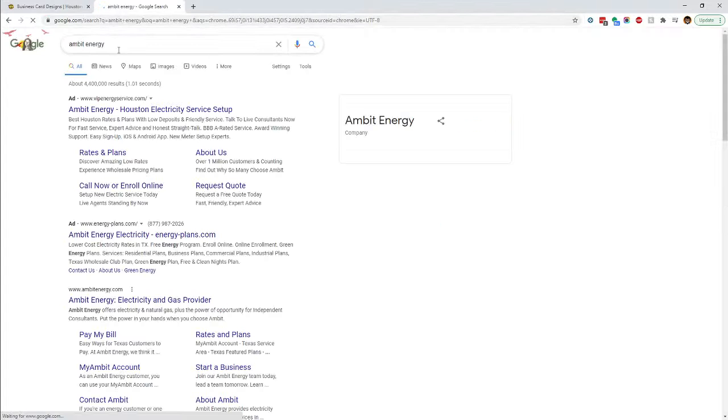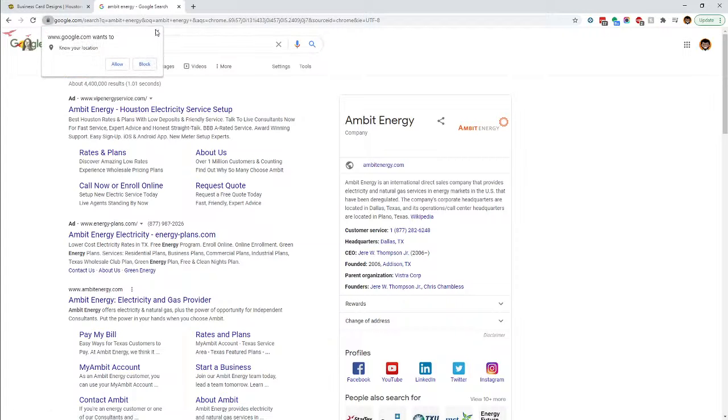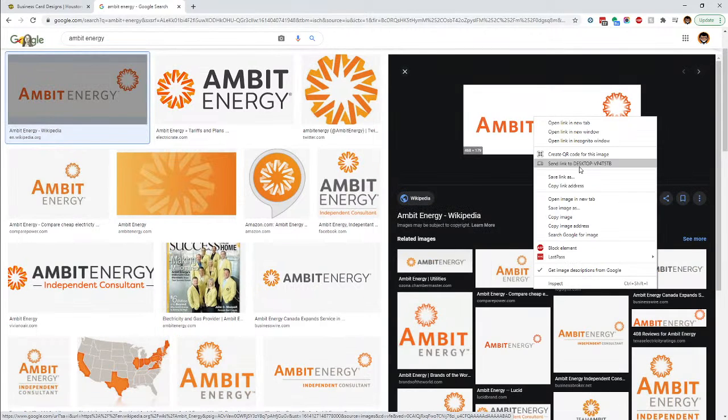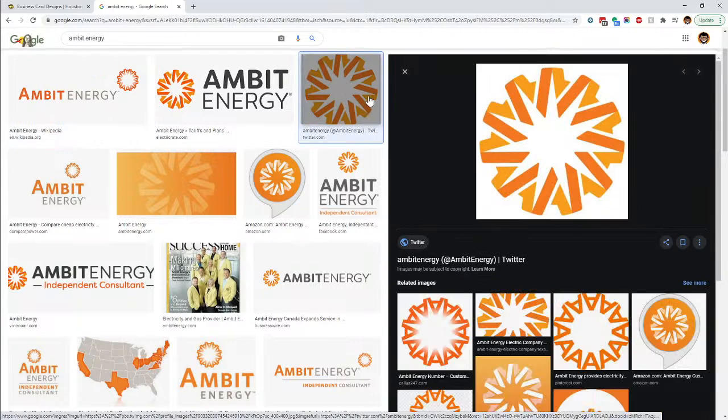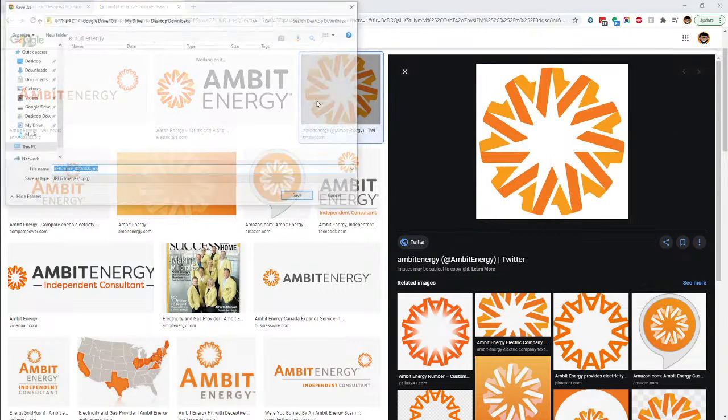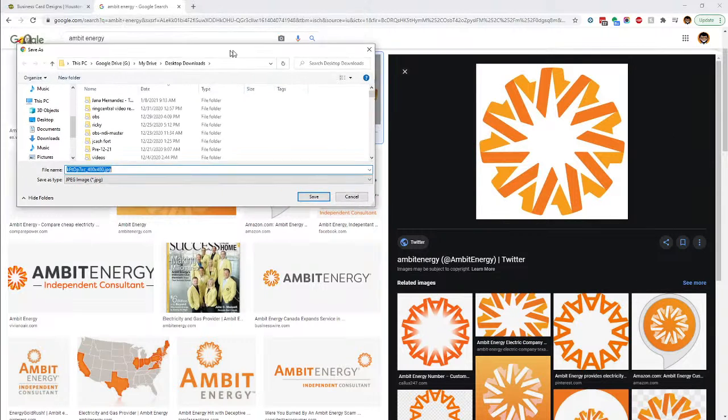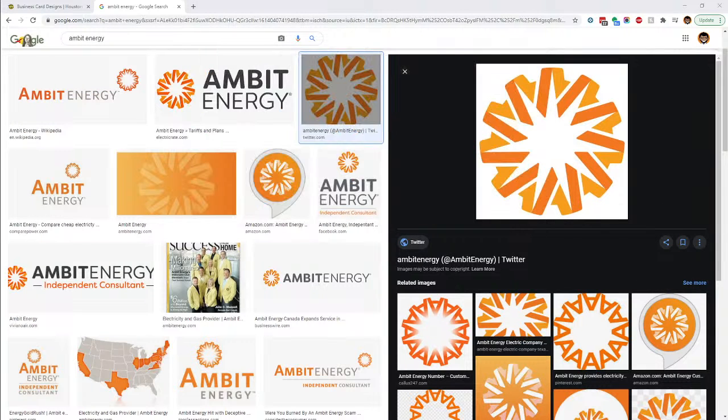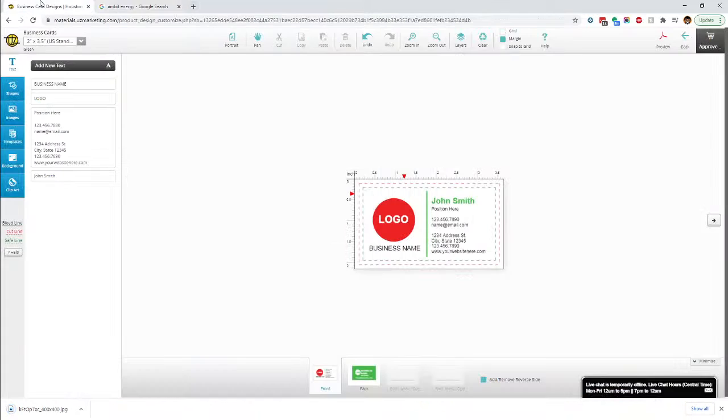They are an existing company, and I don't want to get in trouble for using their information. But anyway, we'll pretend that we're an Ambit Energy agent. So we'll save this image,